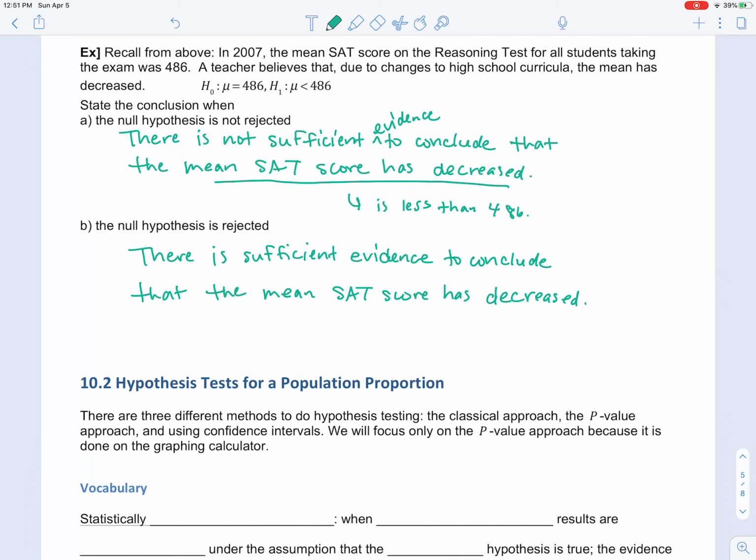It is. It's kind of similar to a court case. The two verdicts that a jury chooses from are guilty or not guilty. Those are the only two choices. They never rule someone innocent. So they either think the evidence is compelling enough to say someone's guilty, or they don't think there's enough evidence to say that. So it's a very similar idea. We will either reject H naught or we will not reject it. And then the conclusions will always take on this structure that we wrote here. And just make sure that you restate the alternative hypothesis in your